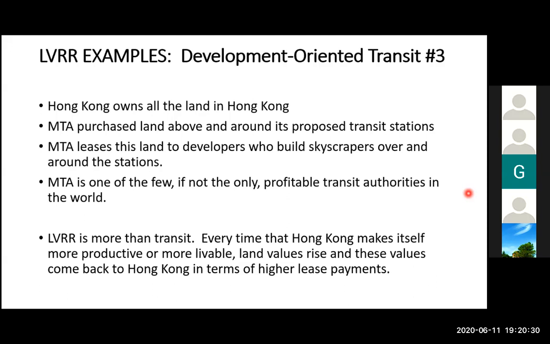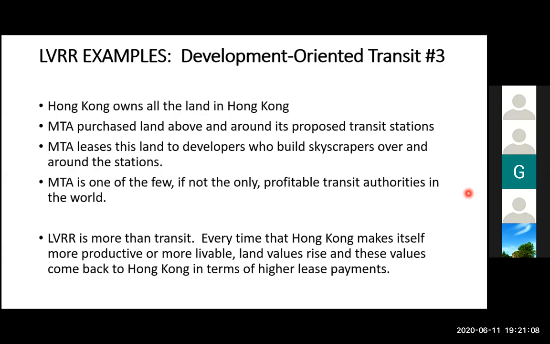Now, when its subway system was being developed, Hong Kong sold land above and around where the stations would be to the Transit Authority. So the Transit Authority purchased this land at pre-subway prices. But once the subway was built, the Transit Authority leased their land to developers at very high prices, who then built skyscrapers over and around the stations. Now, the MTA, the Hong Kong Transit Authority, is one of the few, if not the only, profitable transit authorities